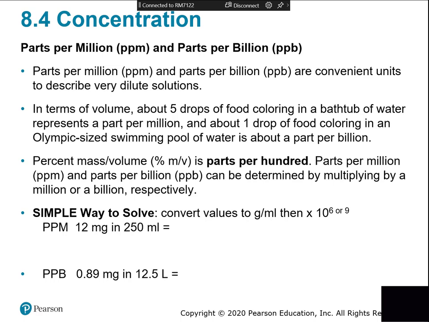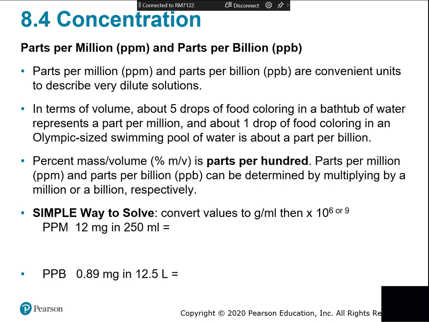Molarity looks at the number of moles in a liter of solution. When you're looking at percent solution, that's out of 100. Well, what if you have really, really small amounts of solute? So instead of having like 5 grams per 100 mils, which is a percentage, like percent solution, what if you